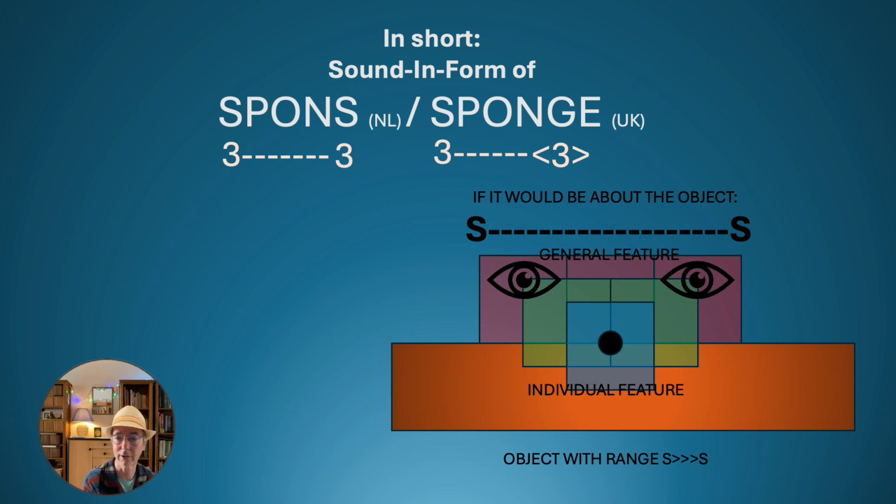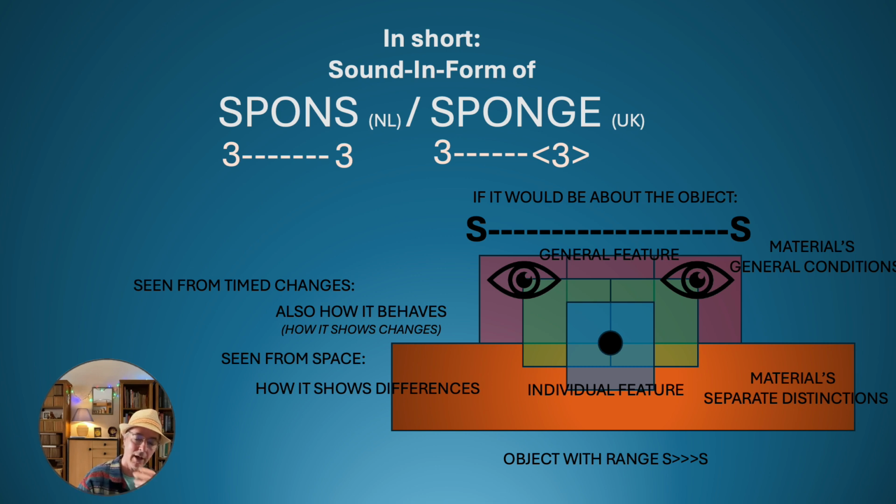If it would be about the object itself, we know, of course, that our attention will pick out different things. If we are closer to the object, we look at the individual features. If it's far away, in a bigger context, and we still look at the object, it will be about much more general features. And just imagine that we focus also in these three levels our attention